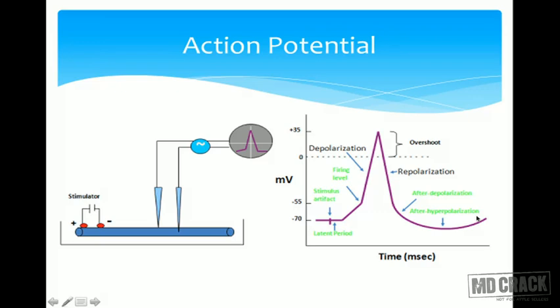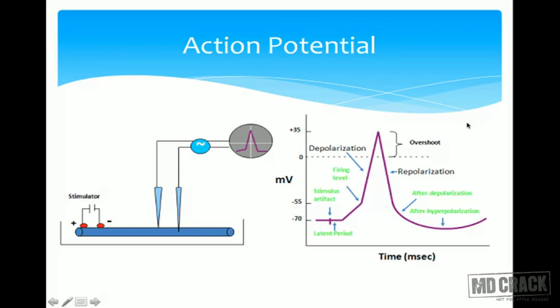So what are the important points you have to remember? You have to remember the firing level. That means the stimulus will take the membrane potential to the firing level, the value of the membrane potential from which point the depolarization process will start, and now there is no stoppage of the action potential. The action potential will be generated, and rapid depolarization will take place, followed by repolarization, after depolarization, and after hyperpolarization. So these are the various phases of the action potential.